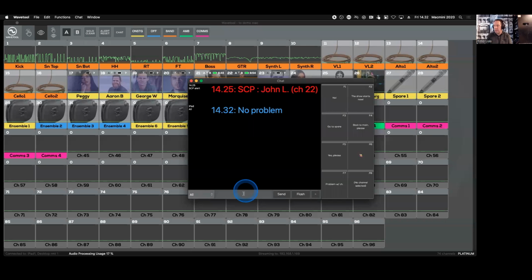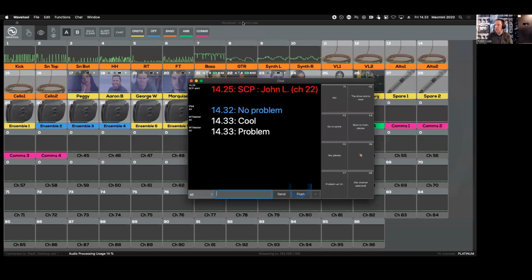And I can of course type in and answer back by typing anything like this and send it as a message. Or I can also send a flash message if I want to draw attention, because sometimes if you chat between, let's say, front of house and stage end or any location, you might start chatting like, what are we having for lunch, and does anyone need a coffee? But then if you really have a problem, you can type it in and send it as a flash message. And when I do that,